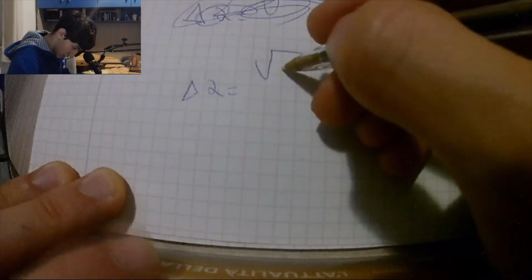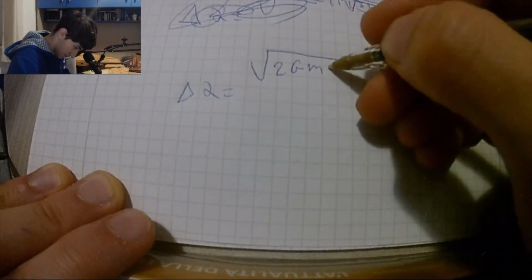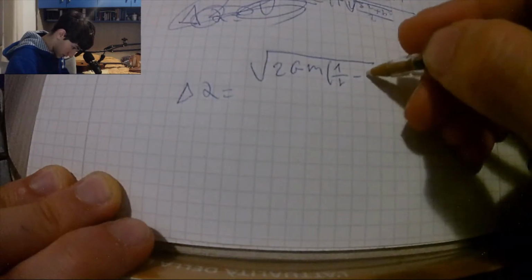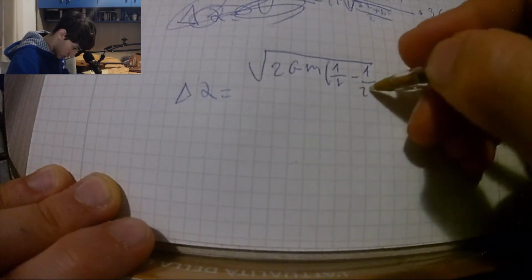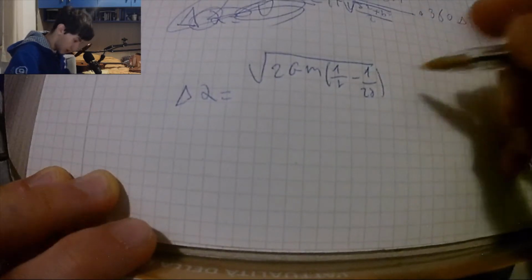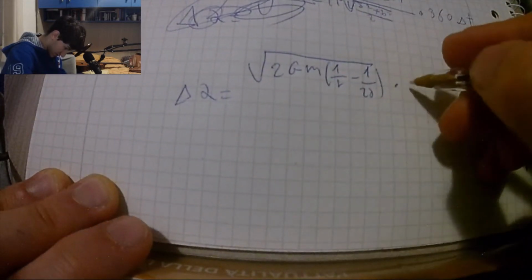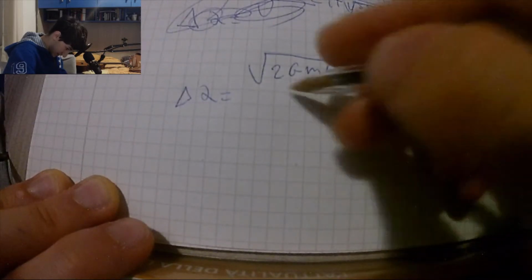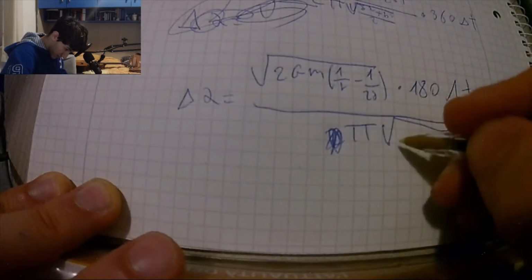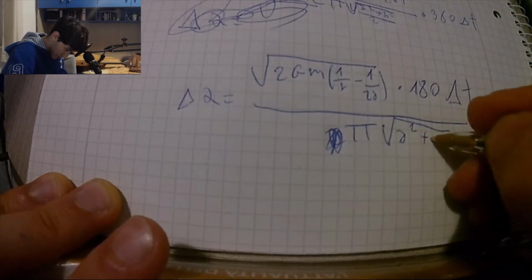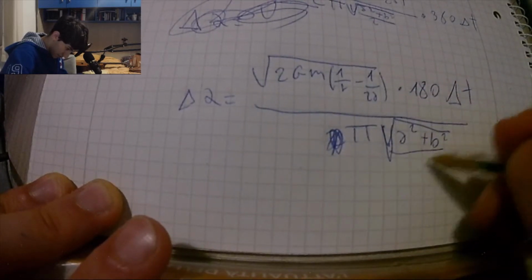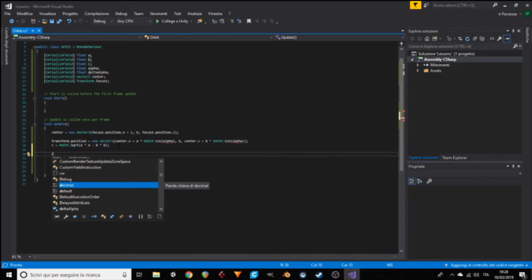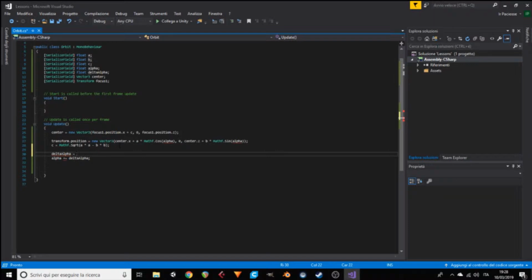So delta alpha equals the square root of 2GM times 1 on r minus 1 on 2a, times 180 delta t divided by pi times the square root of a squared plus b squared divided by 2. So this is the final formula. So delta alpha now equals